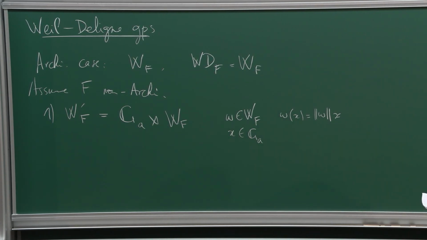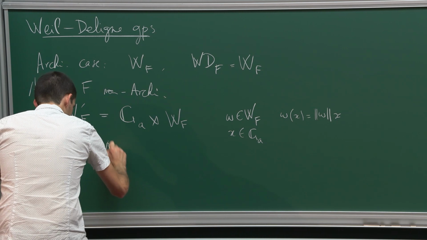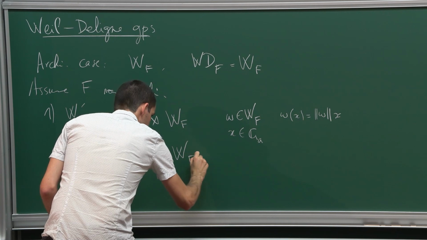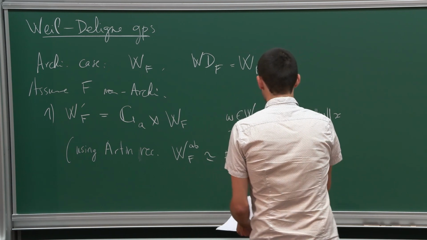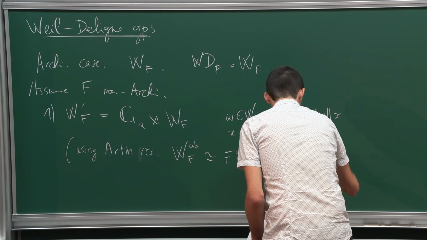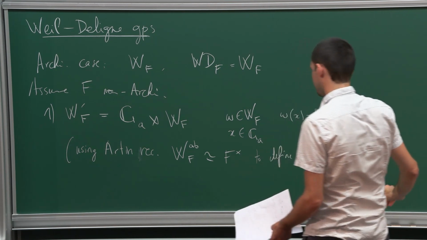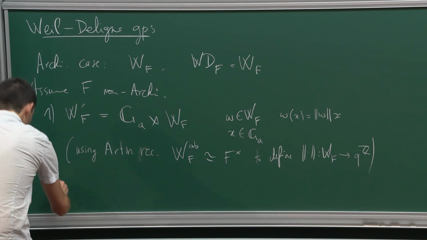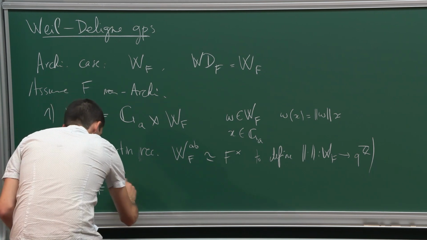With this action, so here I'm using Artin reciprocity. So there are two choices anyway, to define the norm on the Weil group. The second version is the one that we will really use, and